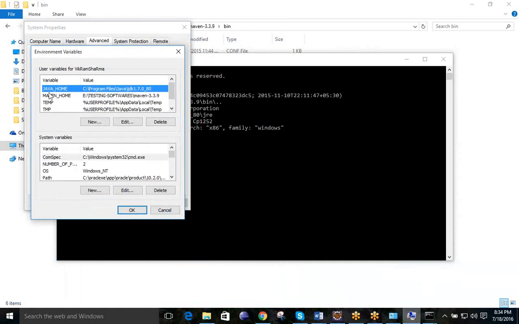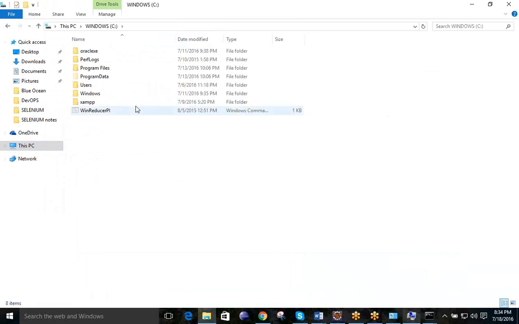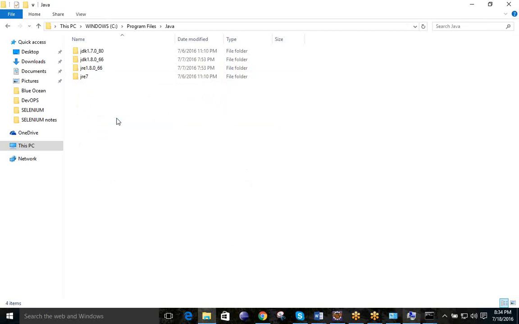You need to give the Java home up to the folder which contains Java, where your Java is installed. In my system, in the C drive, I have Program Files, and here you can see Java. Here 7 and 8 both are there, so whatever you wish to use, you can use. I am using 7.